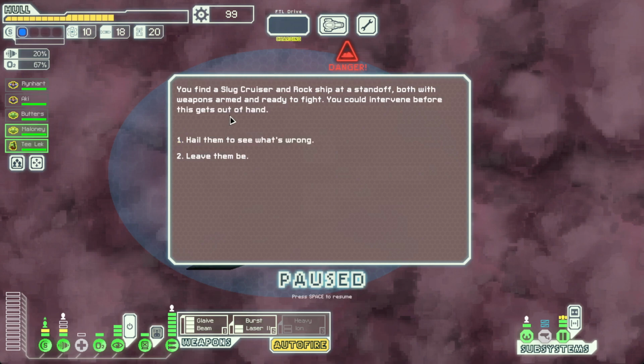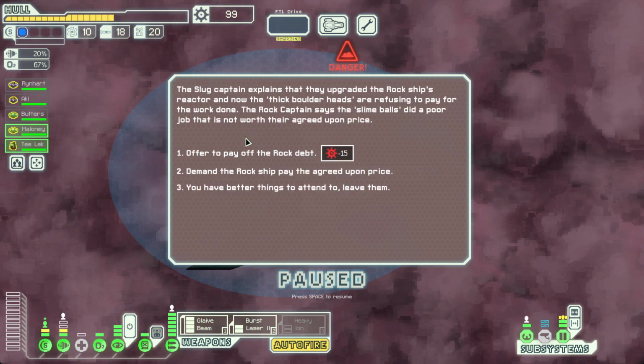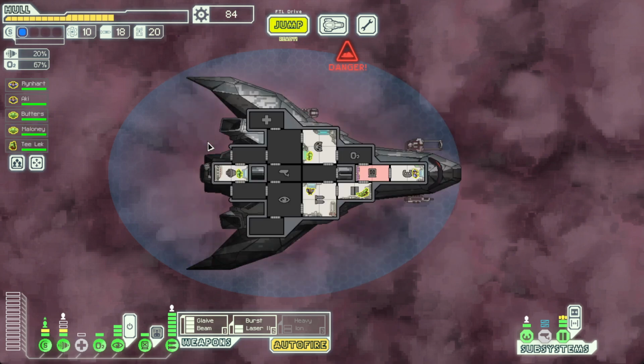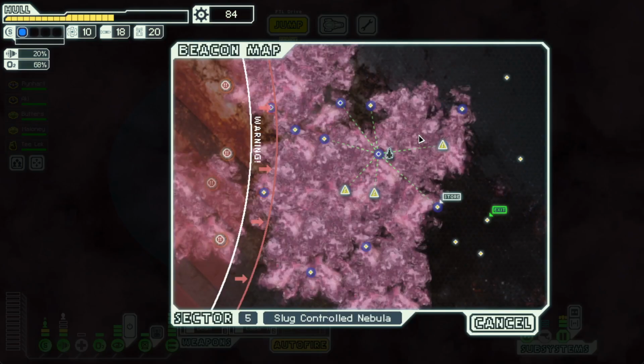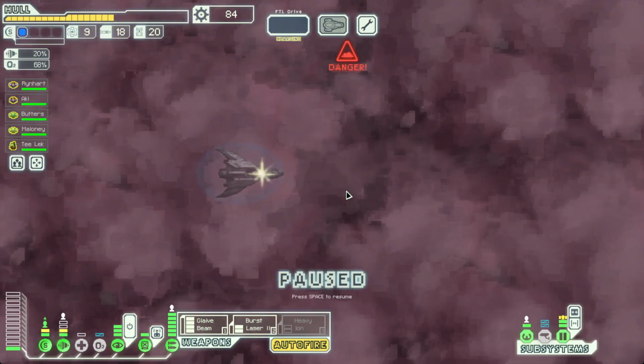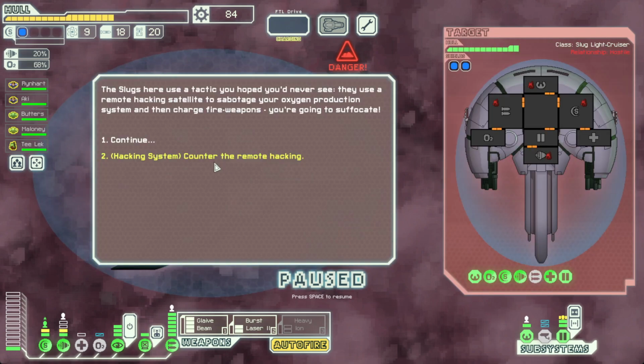Slug crews and a rock ship at a standoff. Yeah, we can hail them. So the slug captain explains that they upgraded the rock ship's reactor and the thick boulder heads are refusing to pay for the work done. I'm just gonna pay it. I don't care. That's 15, that's fine. There's the other store, so we can do 1, 2, 3, at least it wasn't there. Sometimes when you pay it off, the rocks will upgrade your reactor for free. Well, for the price, but...